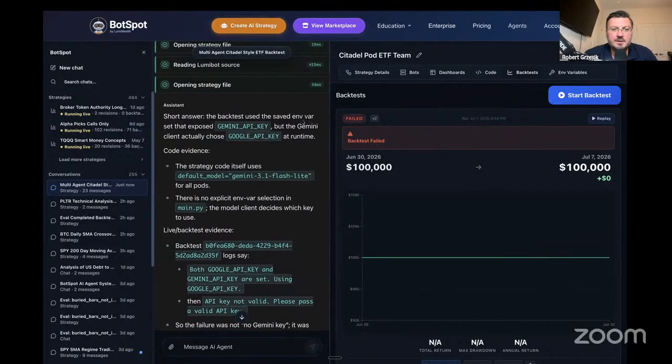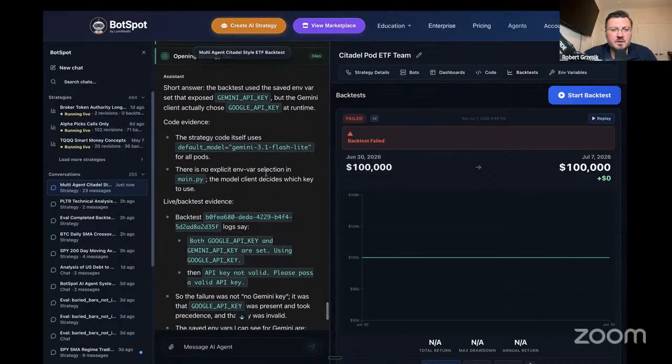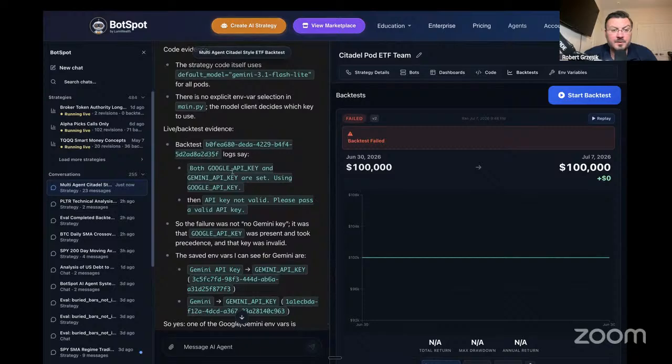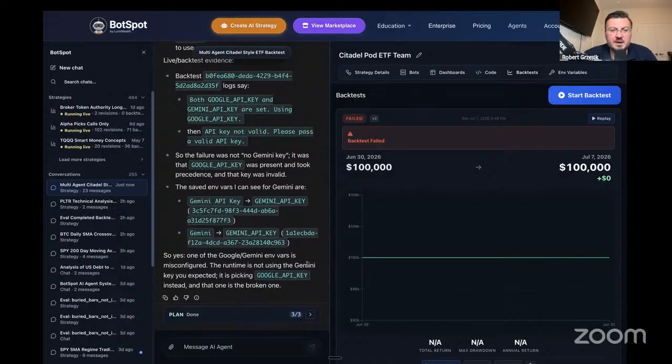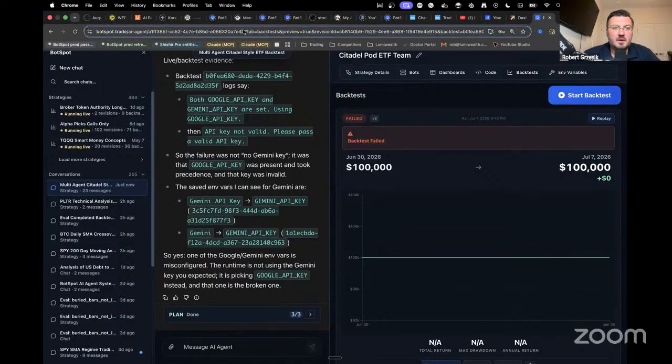Yeah, let's see. Strategy code itself uses default model. There's no explicit. Okay. Both Google API key and Gemini API key are set. Then API key not valid. Please pass. Okay, so the failure is not no Gemini API key. It was the Google API key was present, took precedence, and the key was invalid. The saved environment vars I can see for Gemini are